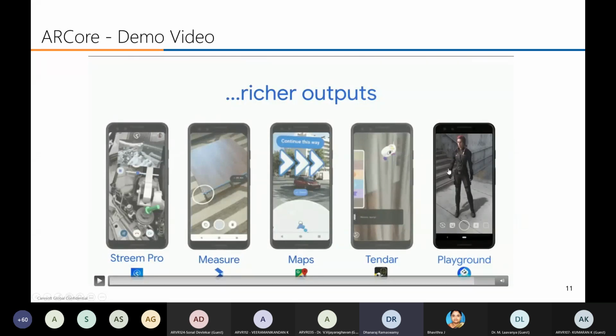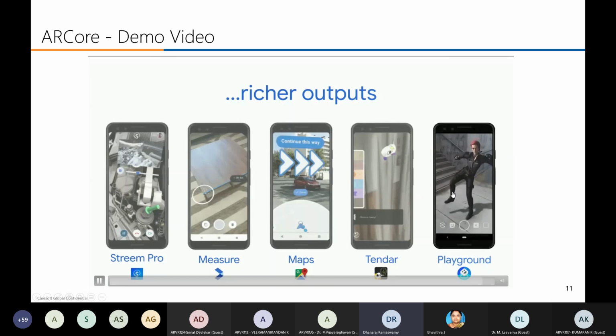Based on this algorithm, it's giving the proper shadow on the ground. The shadow is not falling on other places like the staircase and all. It's falling on the floor. This is all the new feature of AR.